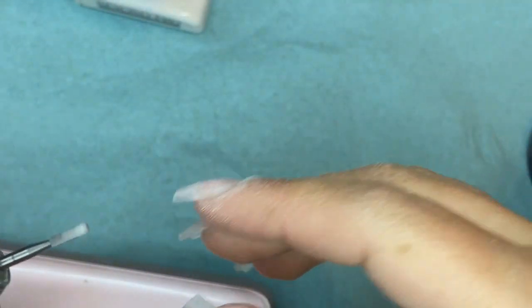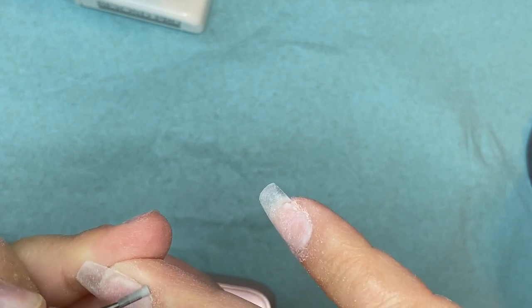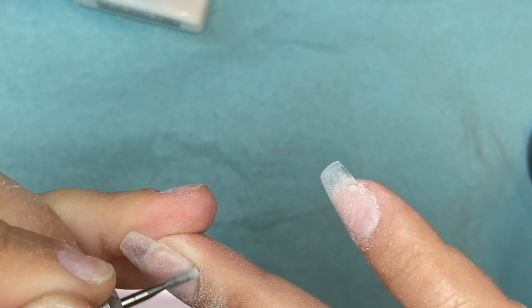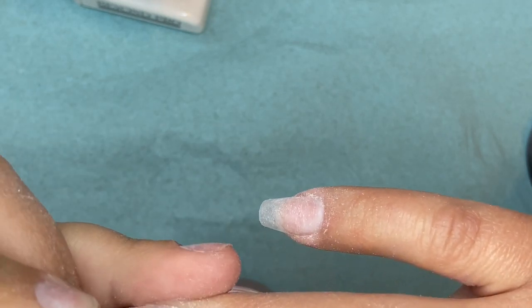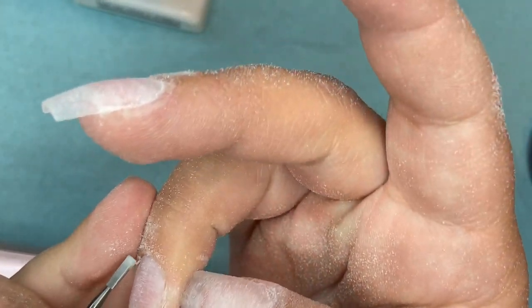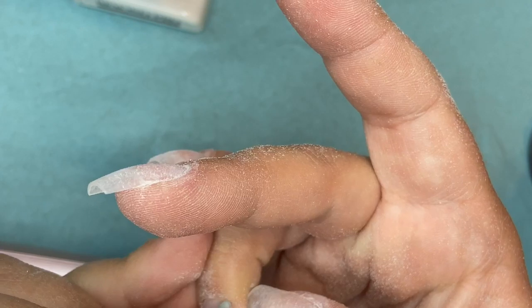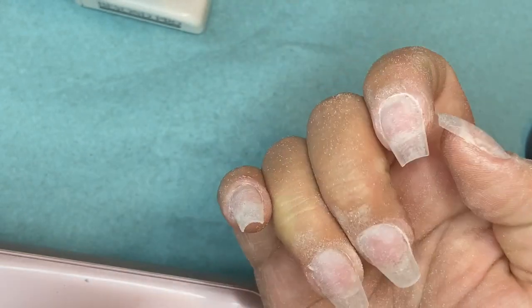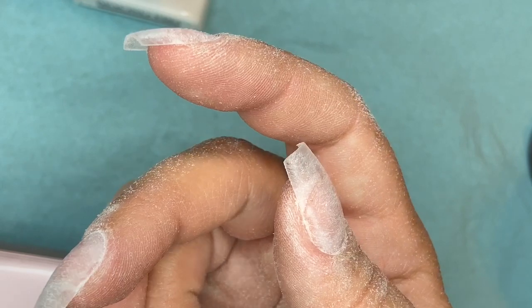If you're not into doing normal tips, or maybe you are fresh out of going to the salons and you want to do your own at home and your nails have some damage just from having them done so frequently, this is a great kit with the full coverage, because when you do nail tips, you have to file a bit of your nail before you apply the tip, and then you have to file your nail again to blend that tip into your natural nail. So this is a great way to get a nice set of nails, but also protect your natural nail underneath,